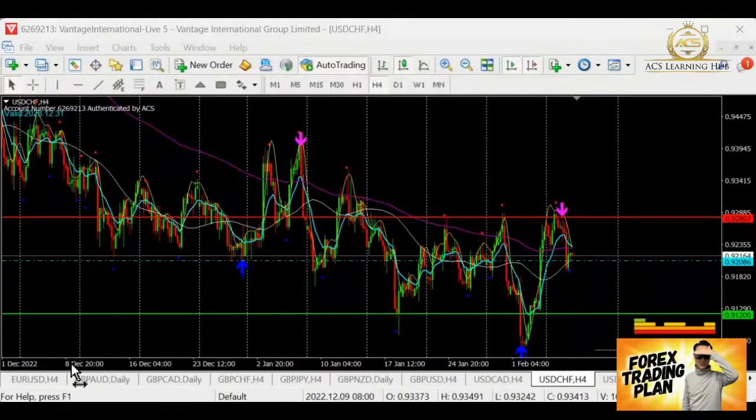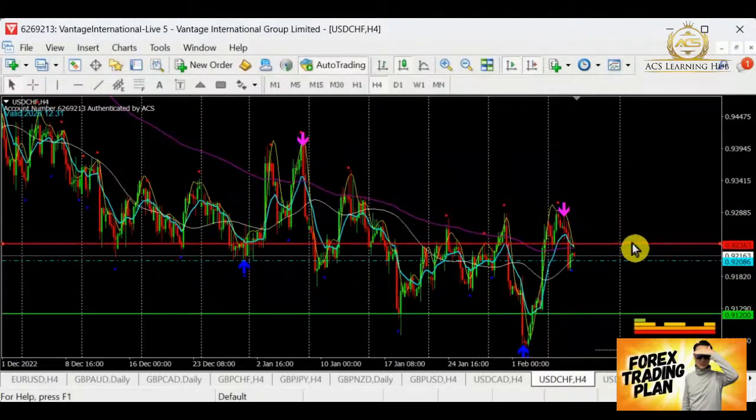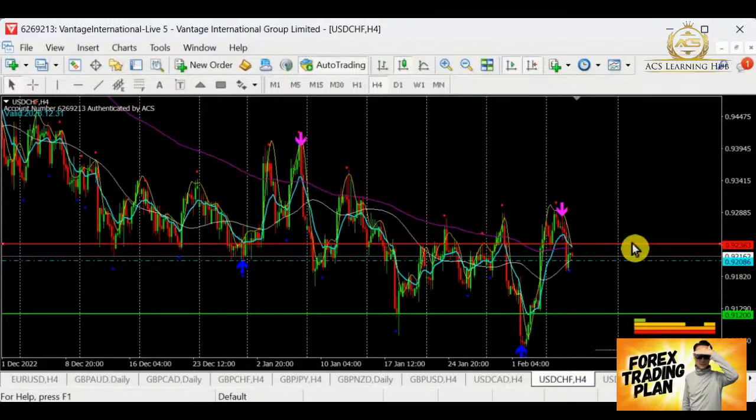Because right now the signal is not clear enough for me to determine where I should wait for the resistance. There should be another level of resistance here. There may be a chance that it comes into this level, and after that there will be a good chance to continue selling.